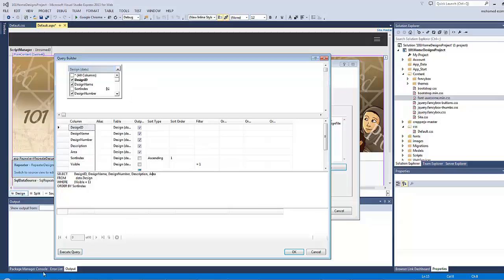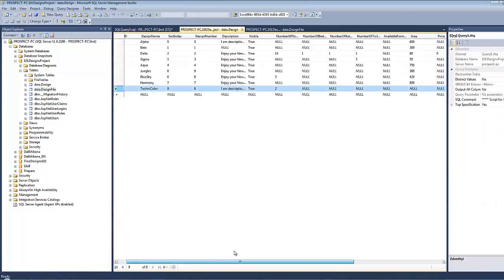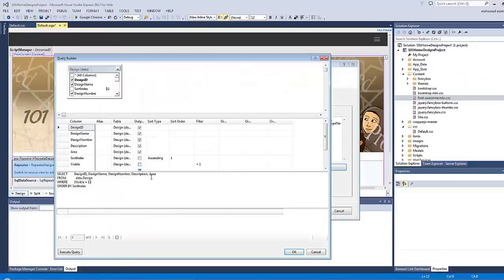By the way, the area here, if you notice for the design, could be null. So I want to handle the case when the area is null to be written as 0. So there is a cool function here for the SQL language called isNull. So if the area is null, it will return 0 and this field will be called area. And